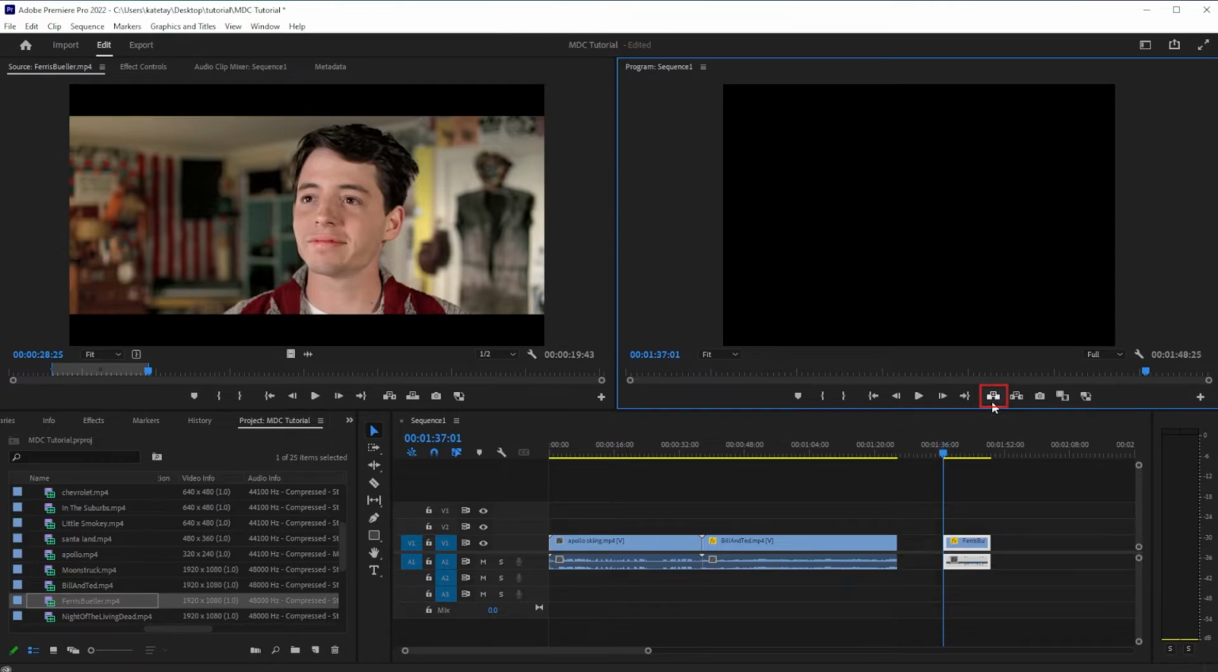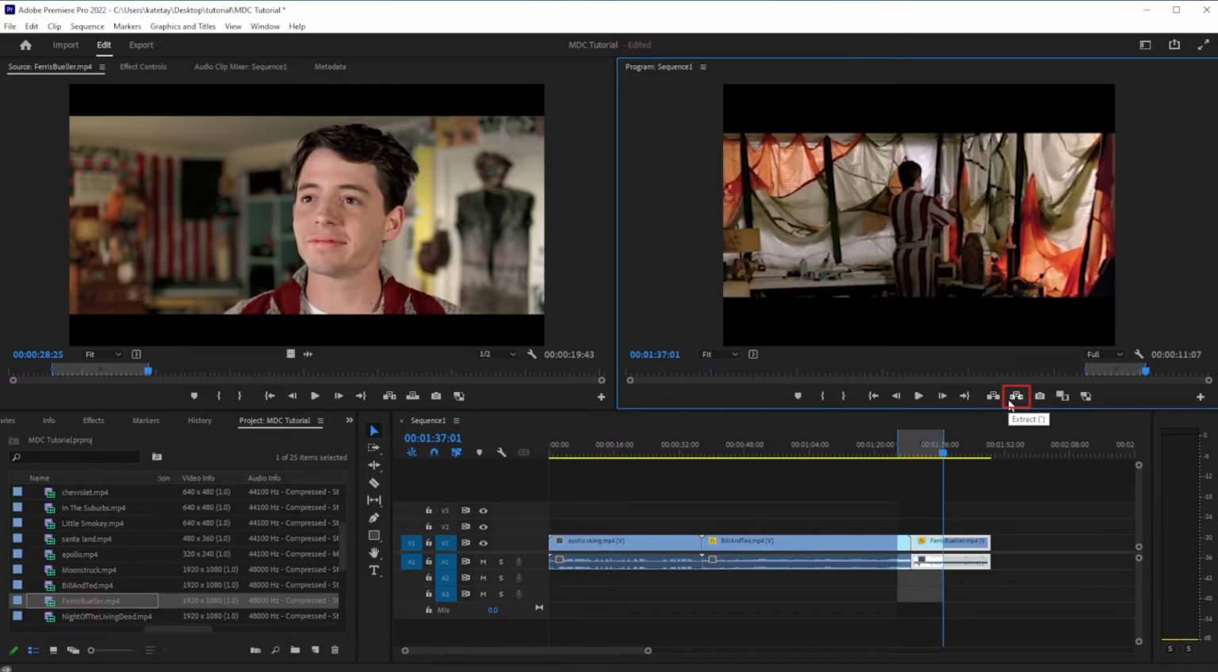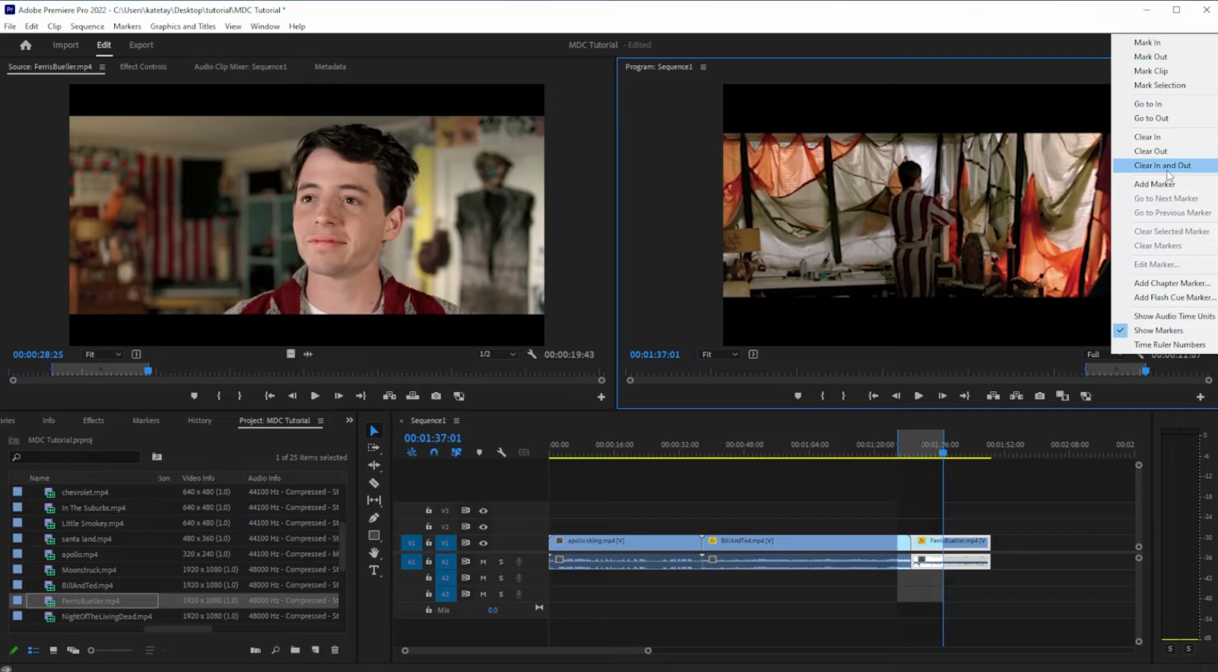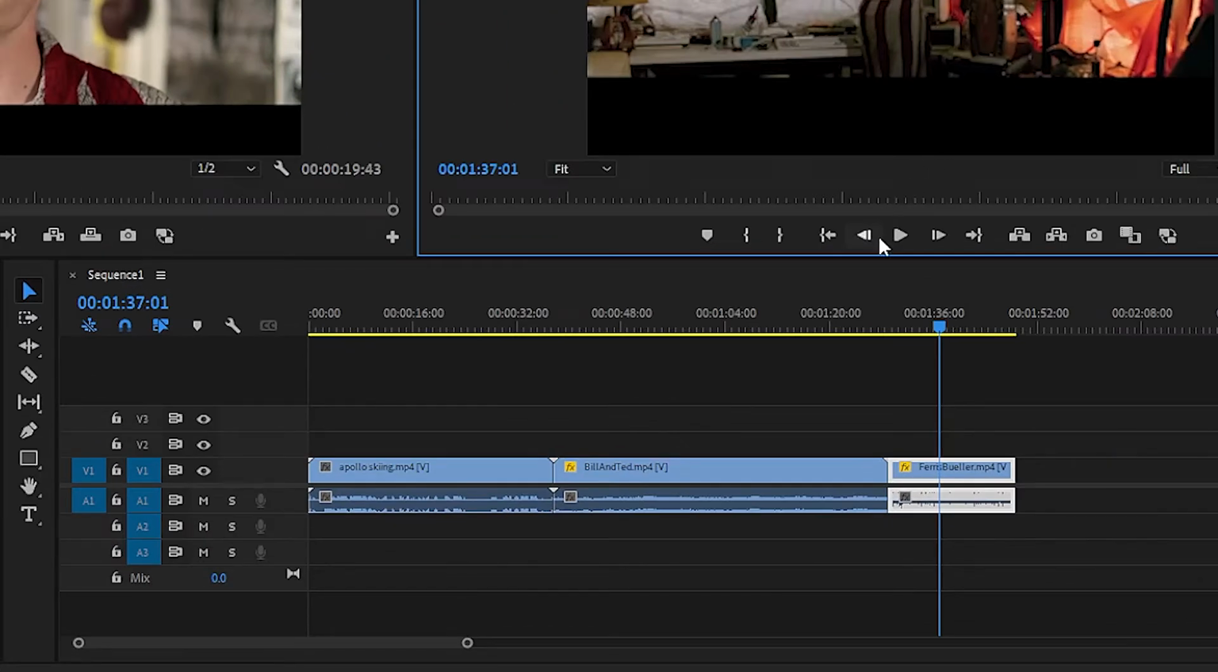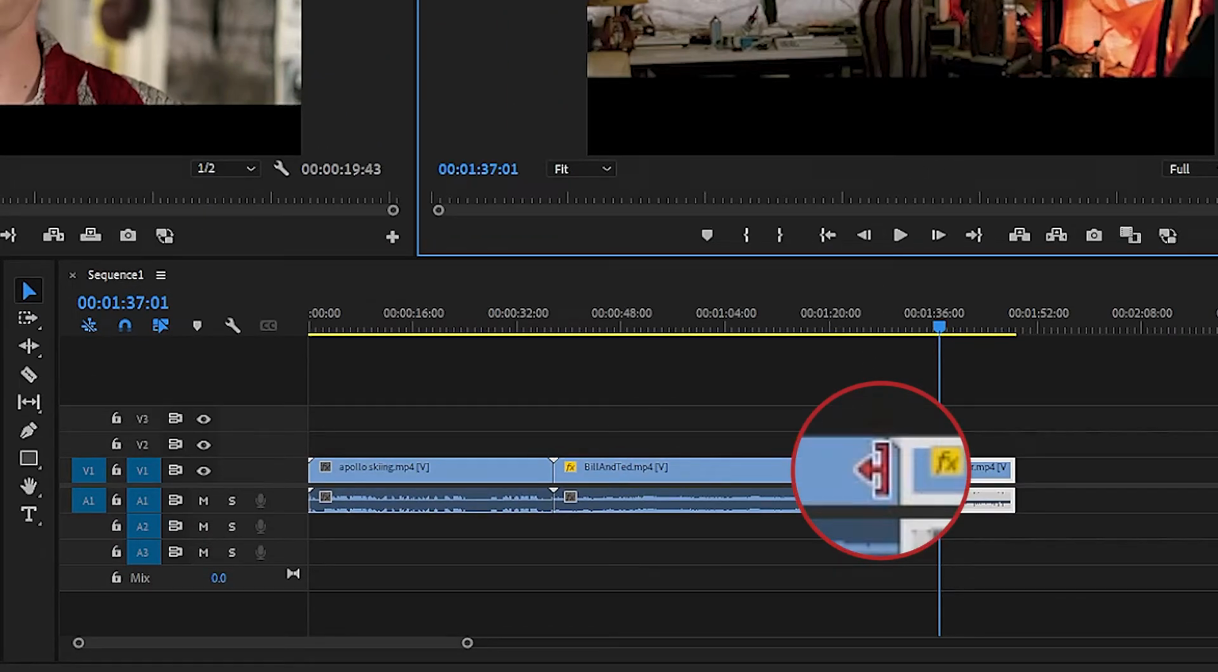Selecting the Lift button will remove everything in the selection, leaving an empty gap in the timeline. The Extract button will also remove the selection, but it will shift the remaining footage up the timeline to close the gap. The beginning or end of a single clip in the timeline can be shortened by moving your cursor